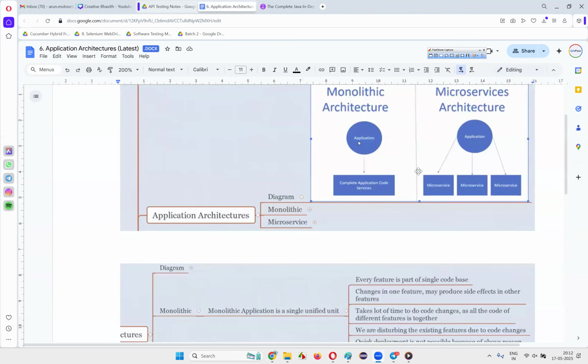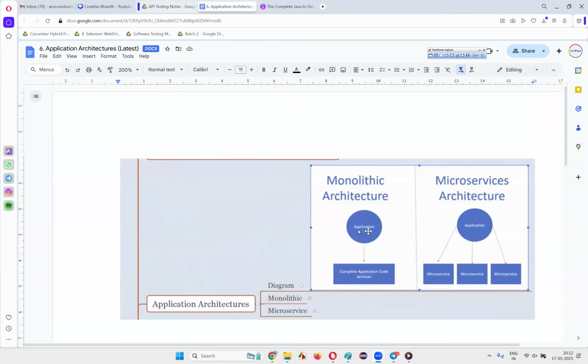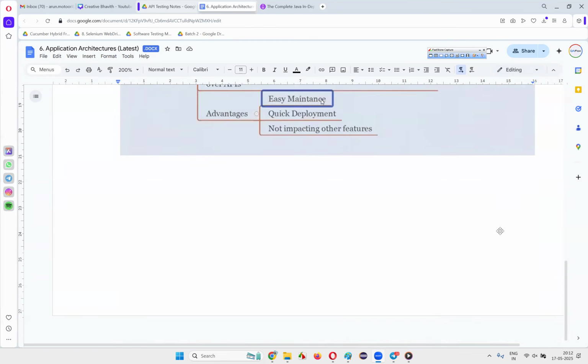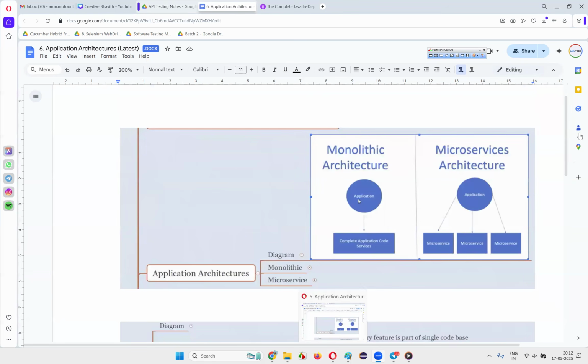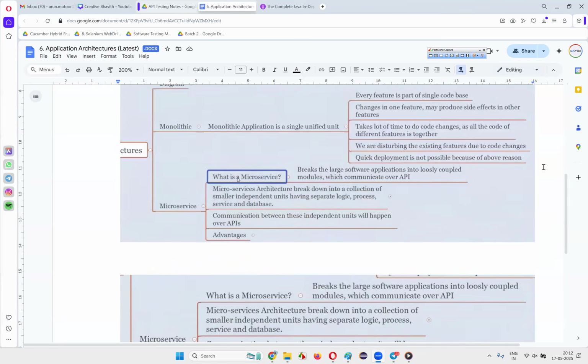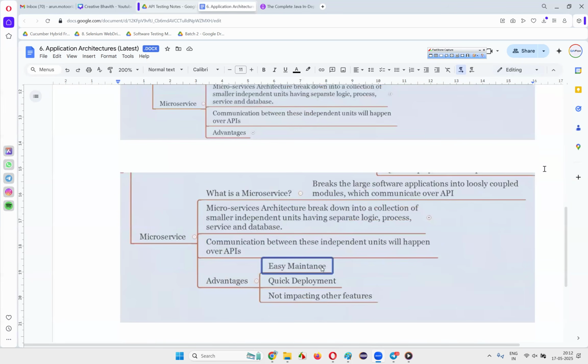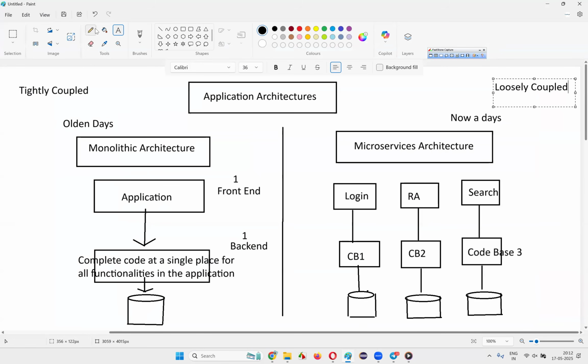Okay, guys, is the difference between monolithic and microservices architecture clear to you? Okay, which one is better now? Nowadays, for the kind of applications we are using, which type of architecture is better, monolithic or microservices architecture? Microservice architecture is better. And to make things more clear, here the connection will be done in